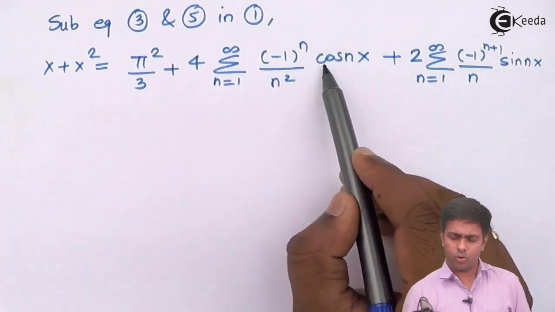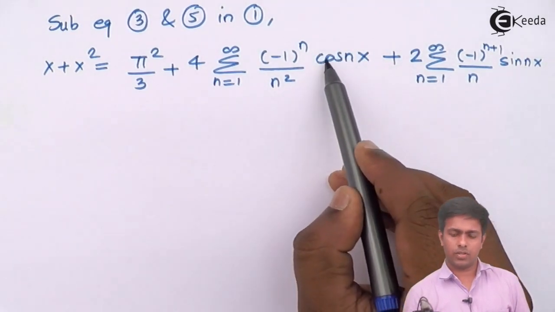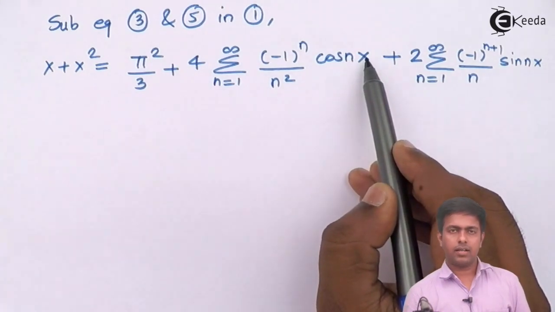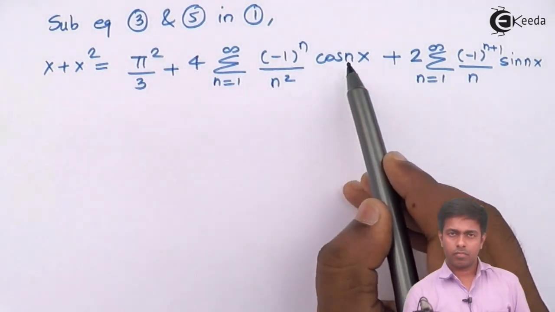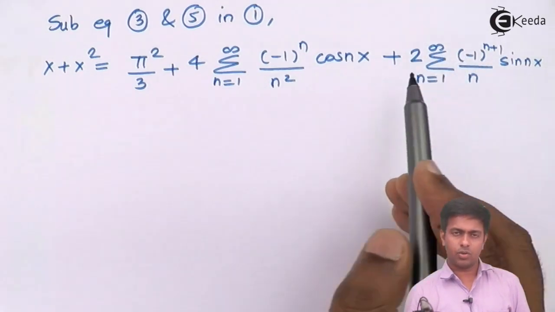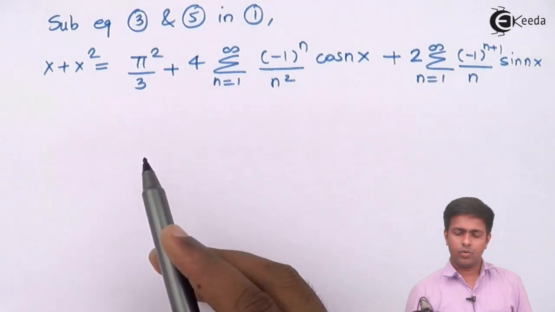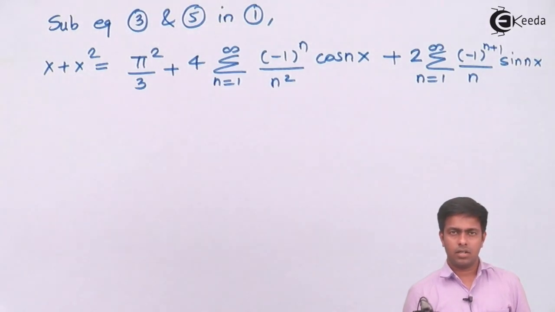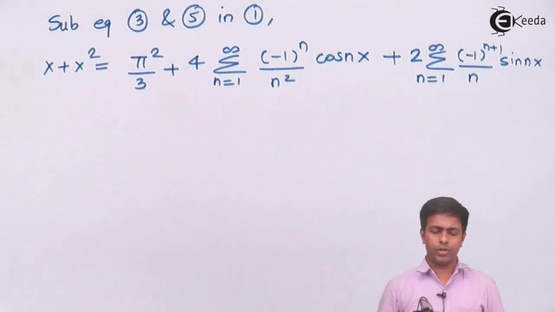Now let's say if I want to make this term as 1, I'll put x as 0. If I put x as 0, this cos nx will become 1, and here we will get 0. But guys, if you solve this, you will find that you will not get your answer. So to get your answer, what we'll do is,